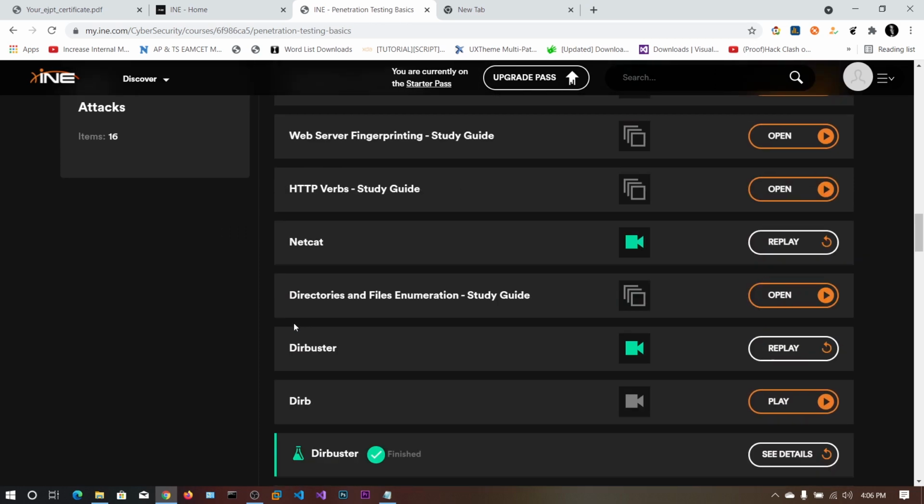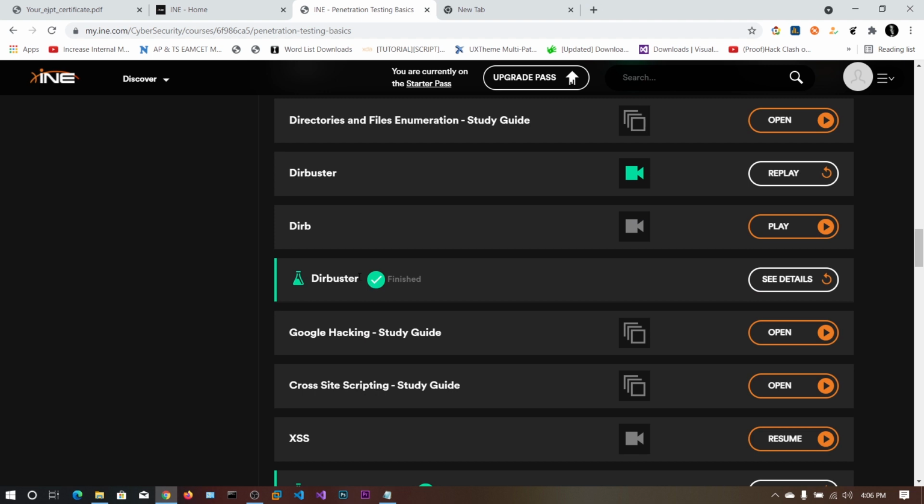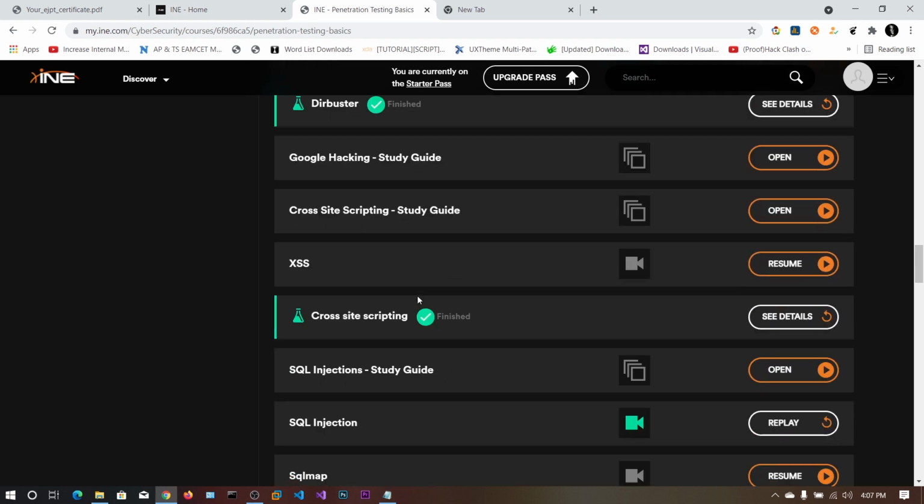And coming to the web attacks, here you will learn about Netcat. So make sure you learn about Netcat and this Dirbuster. Dirbuster is like a graphical user interface written in Java, but there are some alternative tools like GoBuster, WFuzz. I use GoBuster for this, and make sure you have done this lab perfectly, because this is the most important. The exam contains a minimum of 3 questions on this Dirbuster. There won't be direct questions, you need to find the hidden directories and files using this Dirbuster.